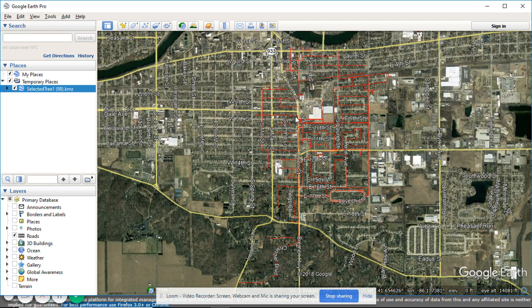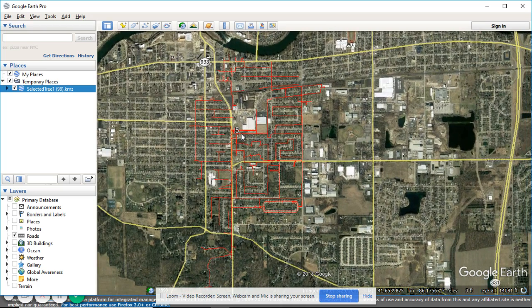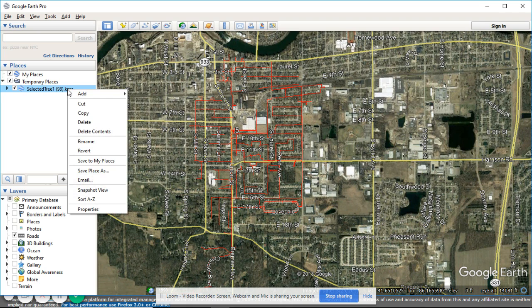When it gets into the Remote app, it's always going to be purple. But on Google Earth, when you export it, you can change the color. So this is looking good. We got all our power lines and our substation. Now we're going to save this file. So you'll note that right now it's a KMZ file. We'll right click on it, Save Place As,